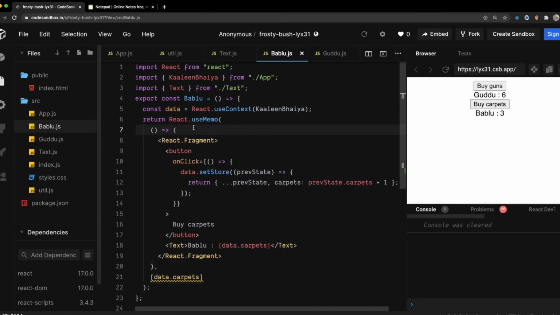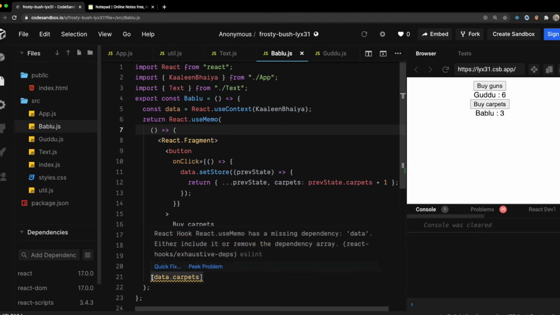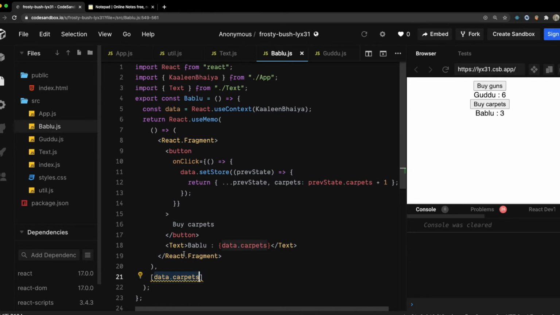So what does React.useMemo do? It has just loaded one component upon initialization, and it will only call this again when needed. So what is a component? It is just a function, right? So whenever you are calling that function, it means that it is being re-rendered. So when you are memoizing this function, you are saying that your function should get called only when these values change, right? It is an array of dependencies.